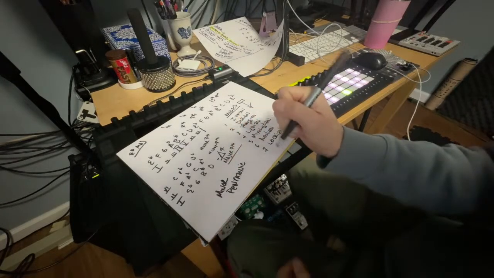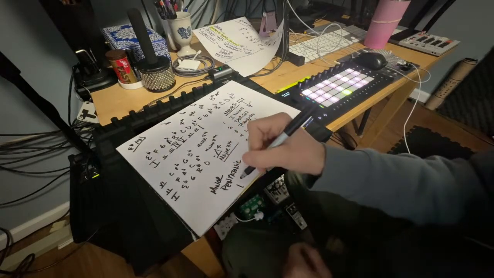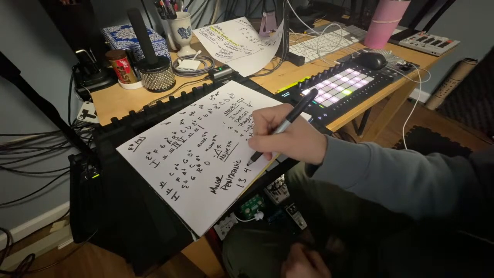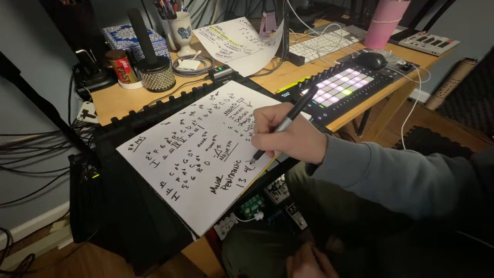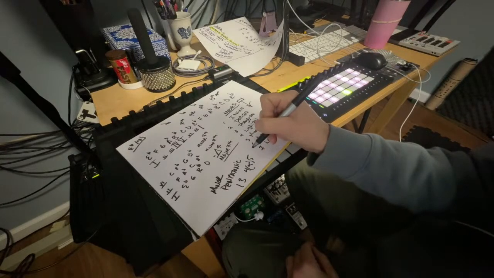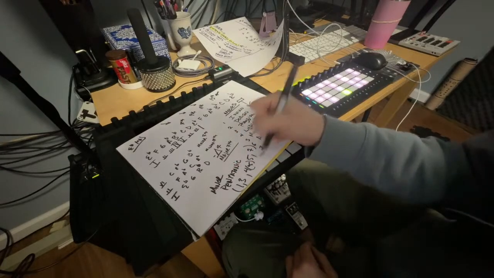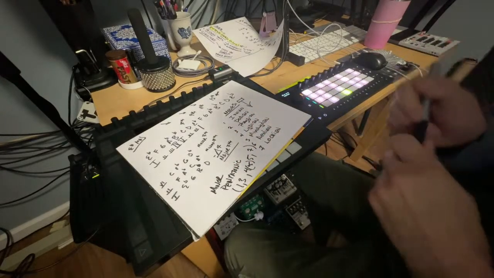If you play 1, 3, 4, I know this is crazy, and the key here is the ghost note, the enharmonic note. It's the flat 5, 5, 7. That's the scale. If you play that over top of it, you get